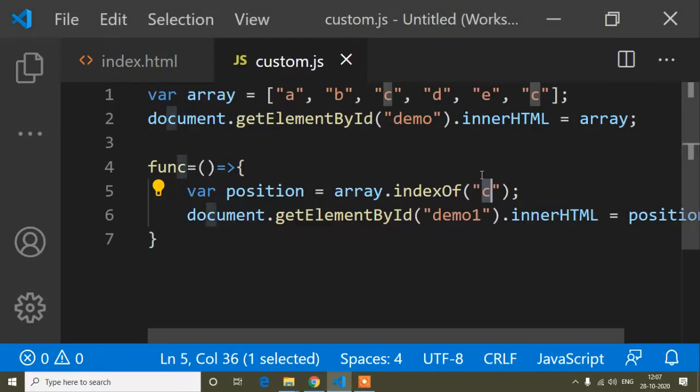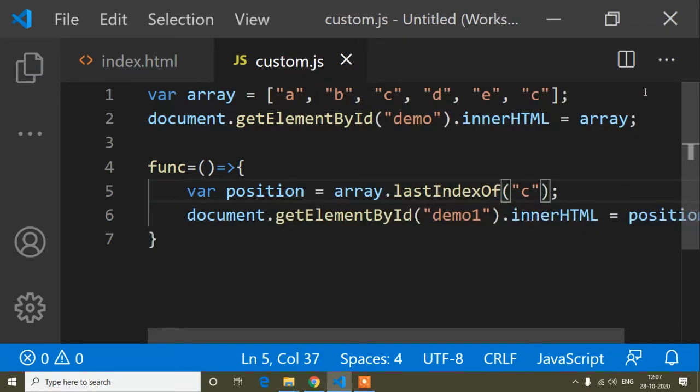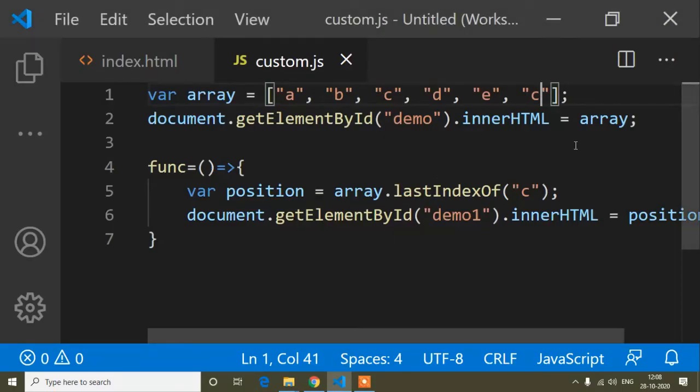But with lastIndexOf, last means it will return the last duplicate one. This is the last duplicate one, so that's why it's returning position 5. That's the difference between indexOf and lastIndexOf, and everything else is the same.